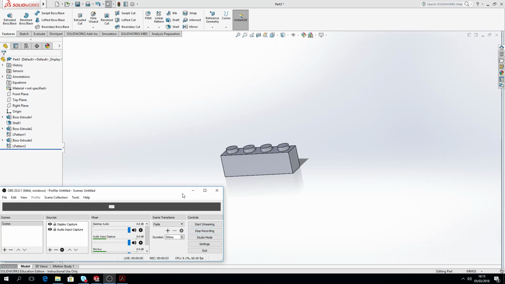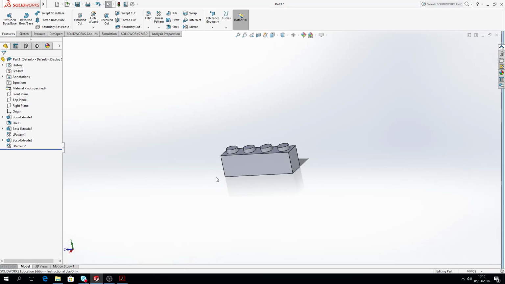Configurations can be a very powerful tool in SOLIDWORKS, and we're using the basis of this Lego piece again, in the sense where if we wanted to create various versions of this Lego piece, one with 6 posts, one with 8 posts, one with 10 posts, one with 2 posts, we don't want to have to keep opening a new part and creating it from the start. Not only does that take time, but we're also increasing file space for the storage of all these parts. Whereas what we can do is use this thing called configurations, where if we have slight variations